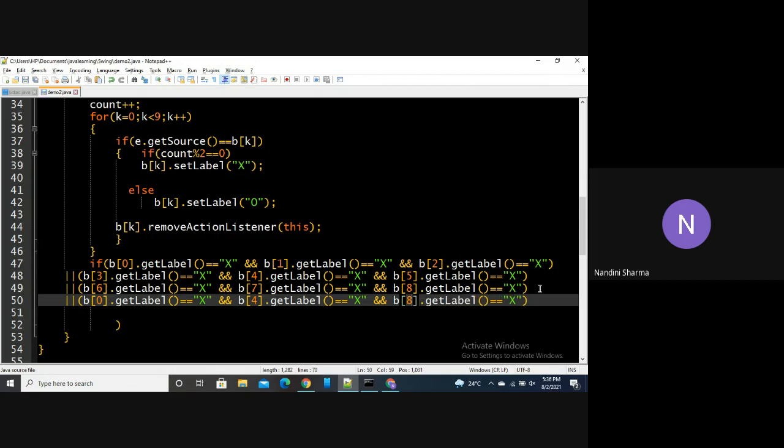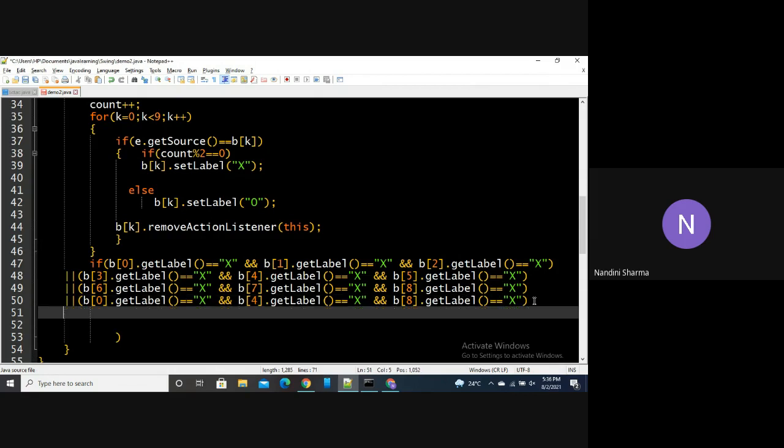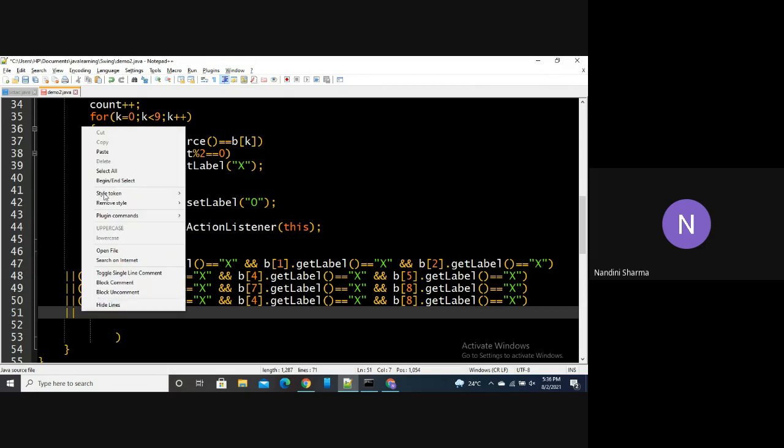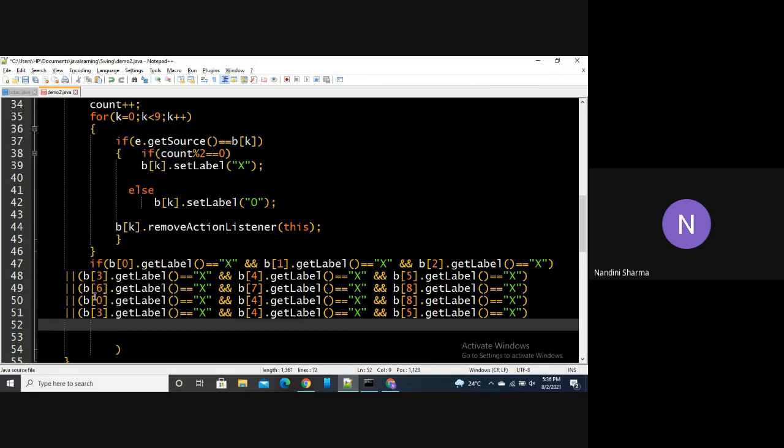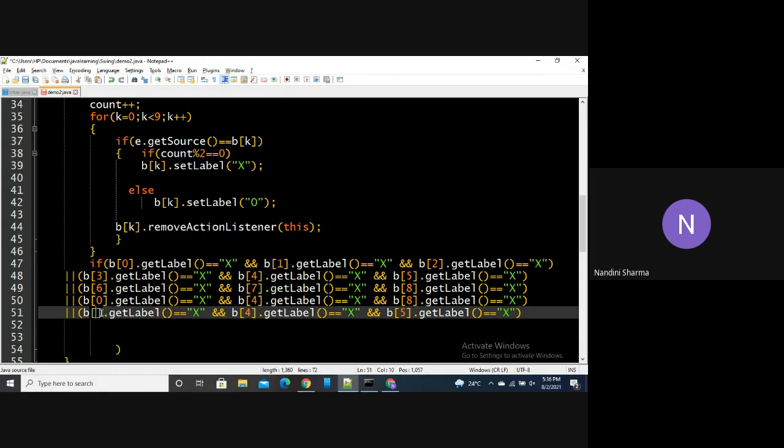If you have problem in indexing, as a beginner you can create buttons on a copy and index them and then code for it. Then we'll talk about the second column. Second row is already done. The second column has the buttons 2, 4, and 6.